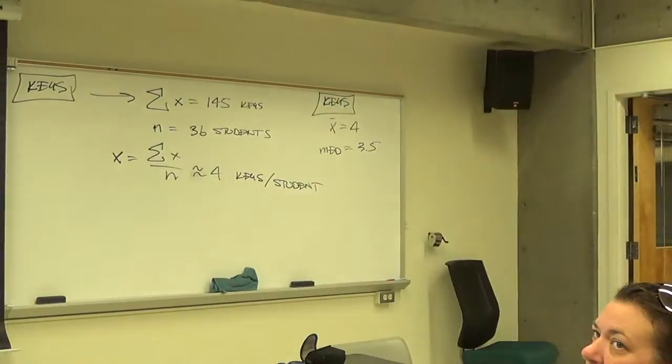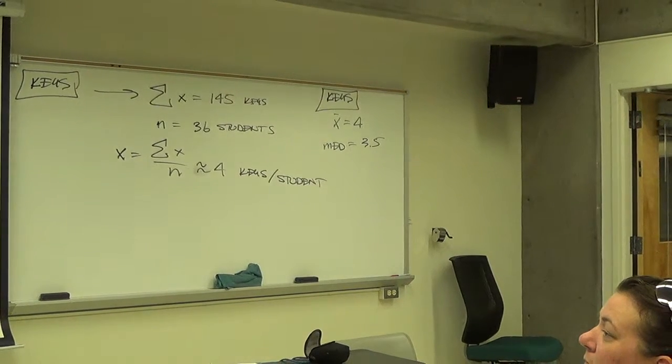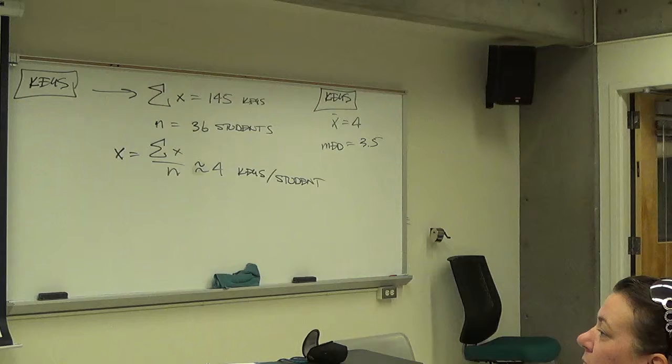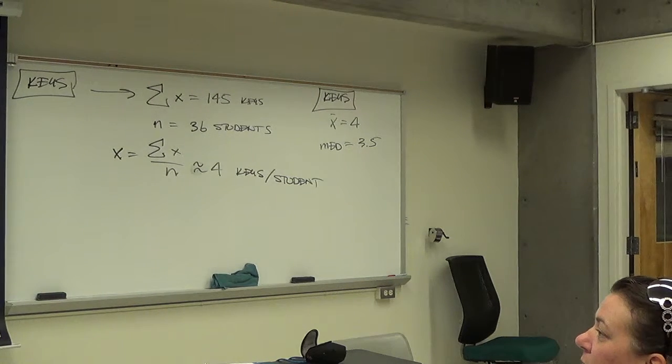Wouldn't it be 3.5? No. By definition of how we deal with mode, we don't do that. We just say there are more 3s and 4s than anything else. Yeah, and that's why it gets tricky because there are almost as many 2s as 3s. Some statisticians would call this bimodal. To make your lives easy, go to the data set, find the one that occurs the most, and call that the mode.